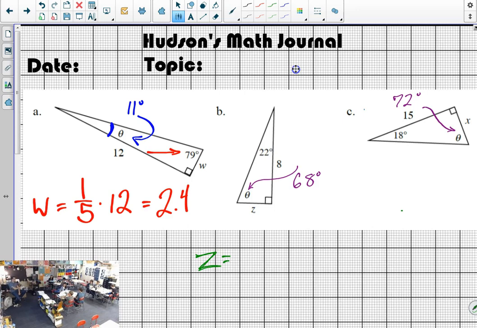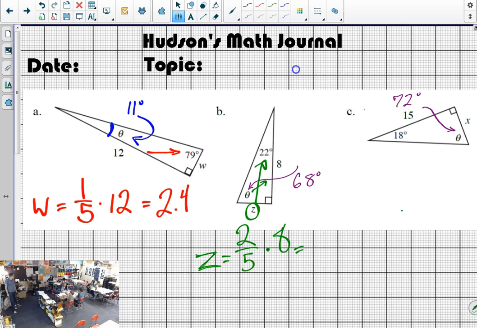No. So what you're saying is correct, except you're using the wrong reference. If you reference the 68 degrees, you are working to solve something related to that 68 degrees. Oh, because you're solving for the opposite. Because the length of the side relates directly to the opposite angle. So if I want to solve for z, I need to relate back to 22, and 22 tells me the slope ratio is 2 to 5. So z has a ratio of 2 to 5 when working with the other leg of 8. So it'll be 2/5 of 8, or 16/5.